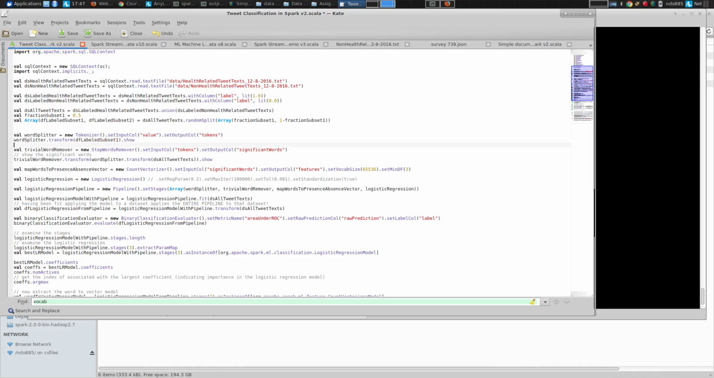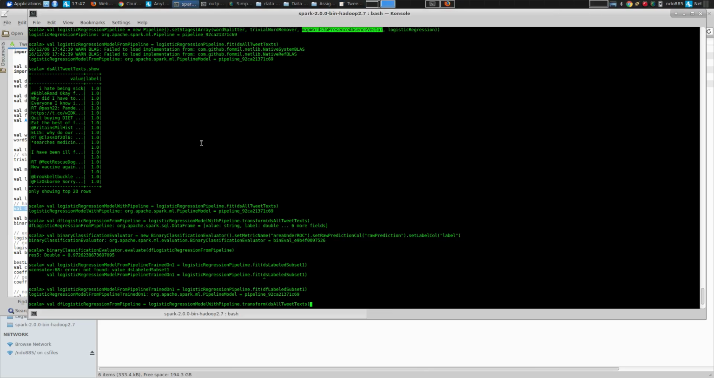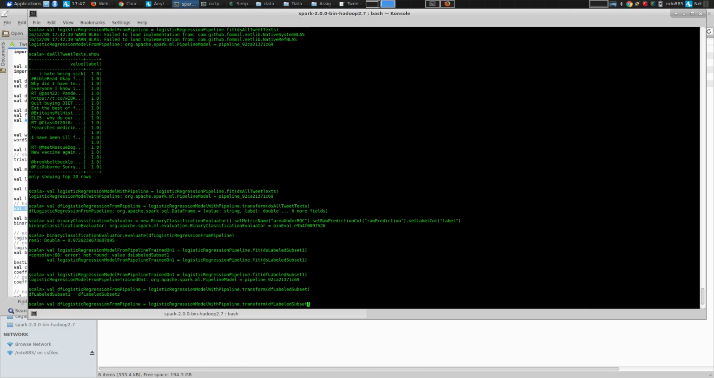The other data set, ladies and gentlemen. Okay, so we just fit it, and now, as befits our situation, we will go and give it the other data set. Labeled subset 2. We're going to have it transformed, and which one are we going to do? The trained